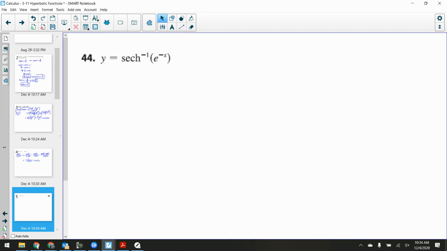So I want to find the derivative, which means that this is a chain rule, right? How do I know that this is a chain rule? Well, it's a function inside another function. It's an e to the negative x, which is inside an inverse hyperbolic secant. Okay, so that means y prime is equal to